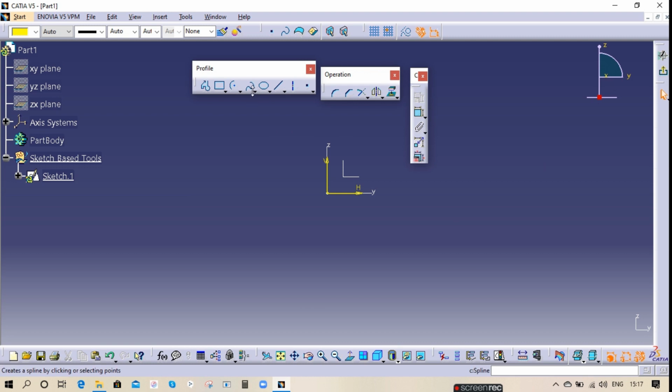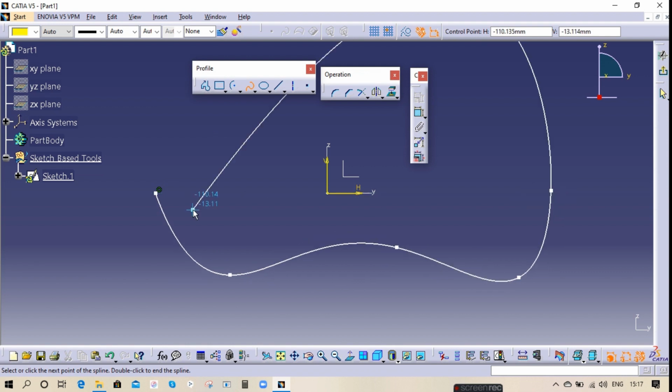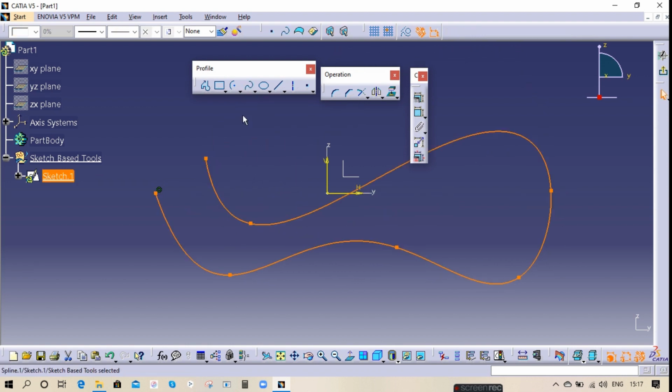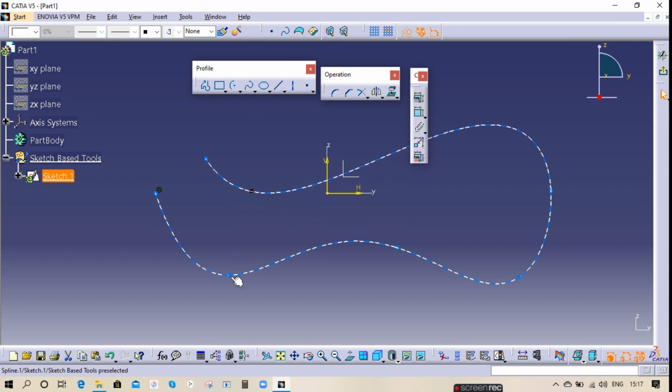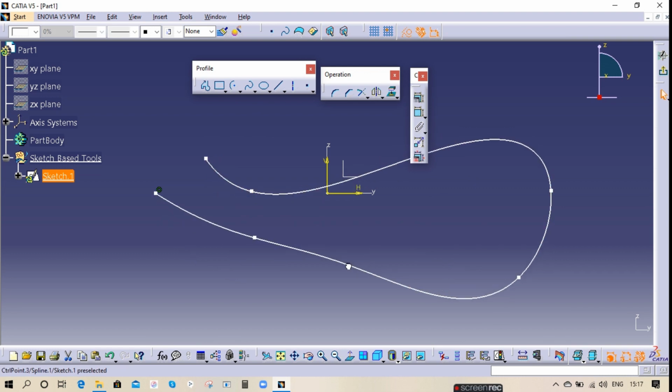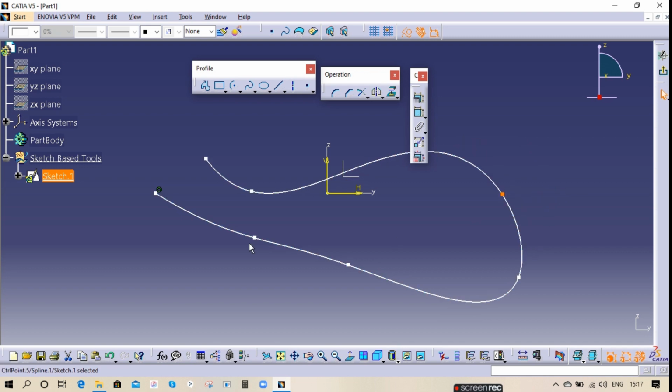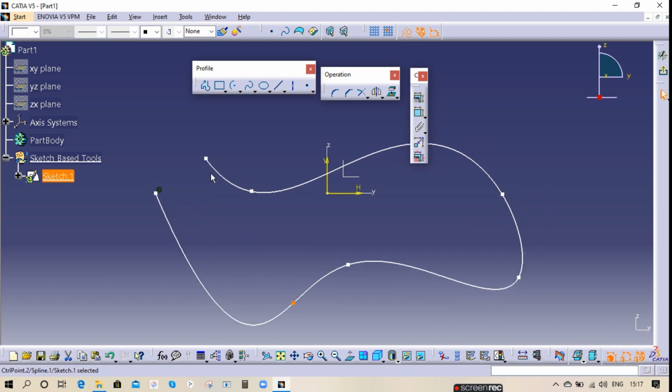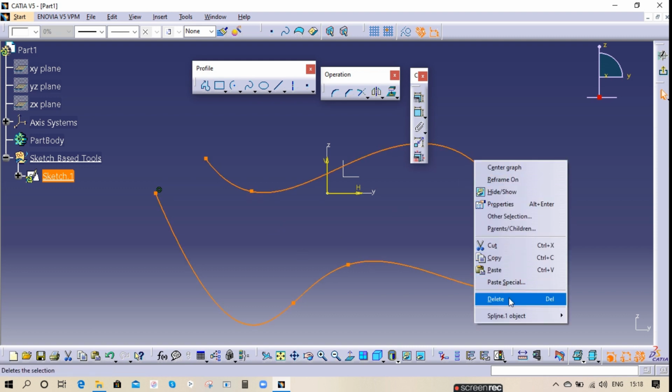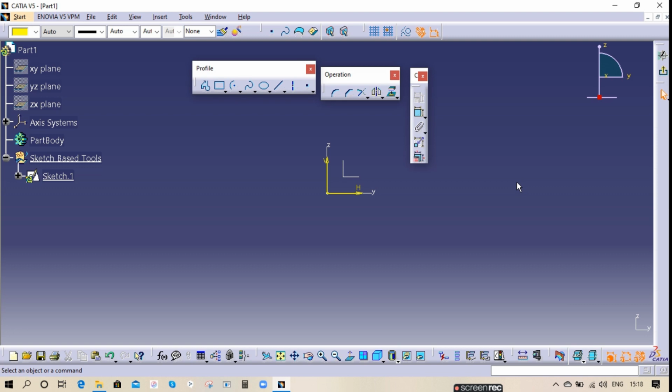And the next one is spline. Spline, we won't use this option much, but this is how the spline will work. Later on we can move all these pinpoints, we can move all these points also. We can make one good profile. This one mostly they use in styling only, not in profiles. The complex profiles we cannot use this one. And this also we can use in 3D only. If you have two lines, you can make a connection of two lines, there only it will use this option.